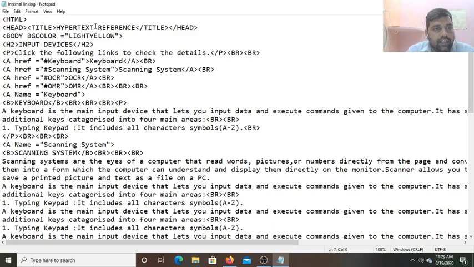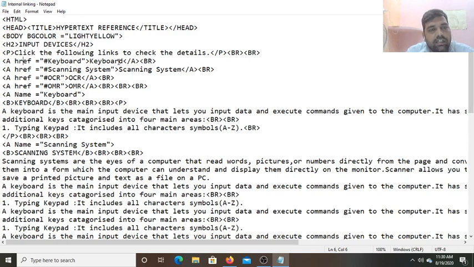Now, the anchor tag I have used for creating an internal link. This anchor tag we use in a pair form. The first anchor tag we use here to write the link name. See the hash: the href value starts with a hash, and the hash indicates that it is an internal link, not external. In the anchor tag we use the href attribute, the hypertext reference, and the value we have set is hash keyboard, which means the browser will search this title, keyboard, on the web page. And between the anchor tag open and close, I have written the text keyboard.